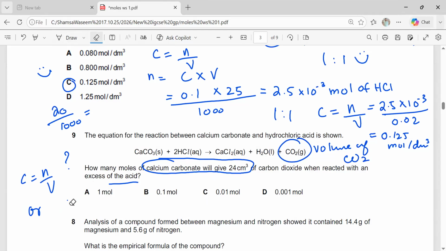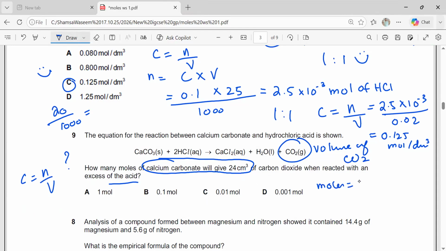See, we could have used the concentration if they had given us any other thing. They just have given us the volume. They haven't given us the number of moles or the concentration, right? So they just have given us the volume of gas. They have not even mentioned RTP. But by using this formula, moles is equal to volume in decimeter cube upon 24 decimeter cube, can we find out the moles of carbon dioxide, girls? Do you agree? So therefore, we will not use the concentration formula here. Just volume is given.